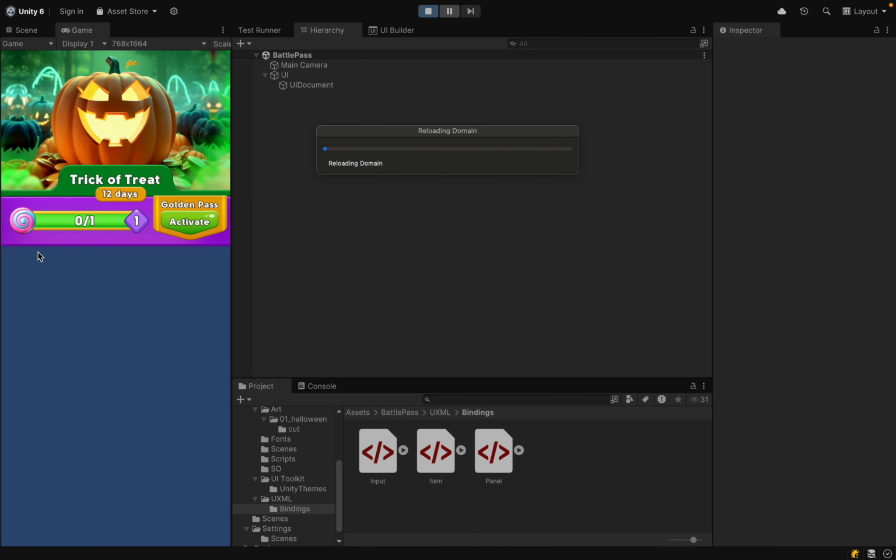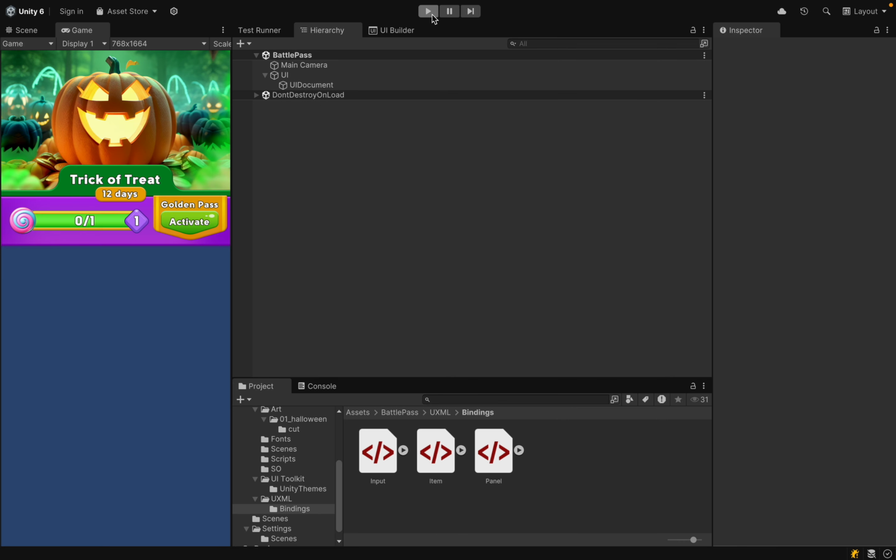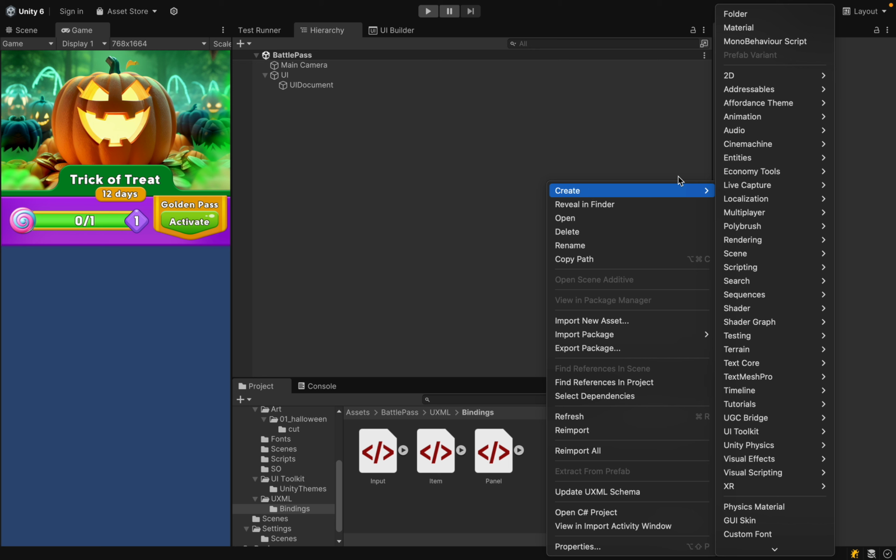If we run the game, you see it just displayed default data, and for instance we want to change this data, 12 days, and we want to display a different label depending on config. For that purpose we create a